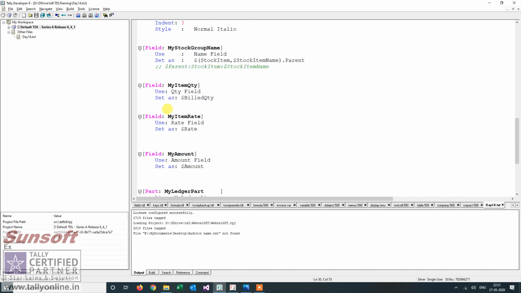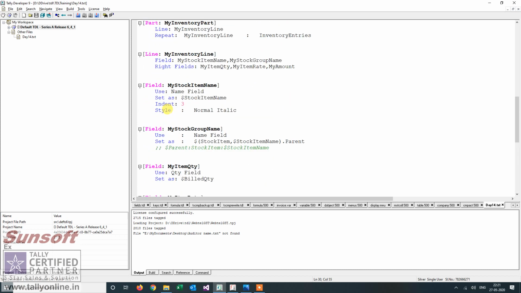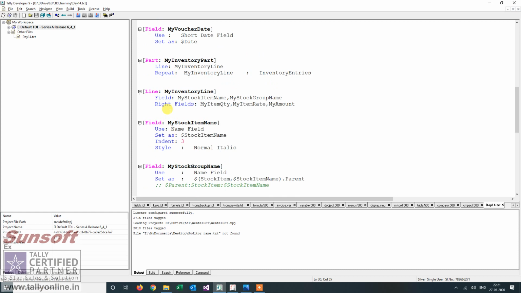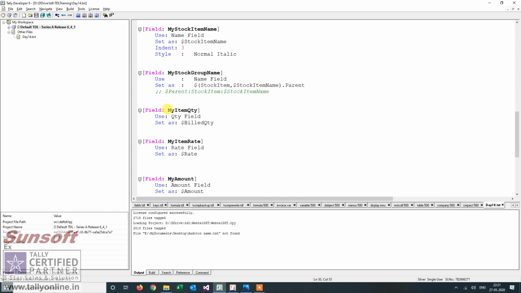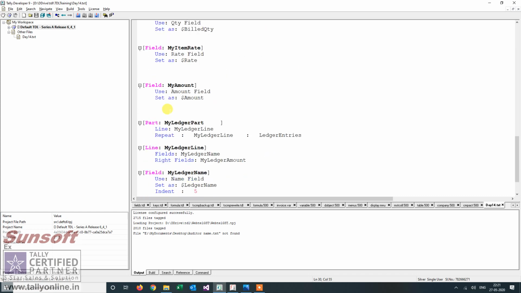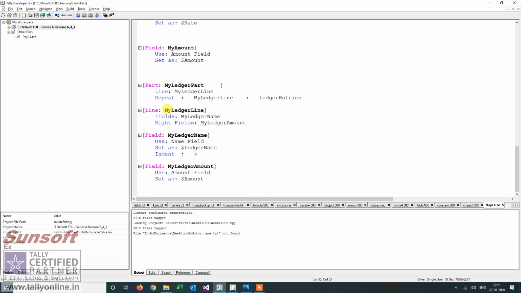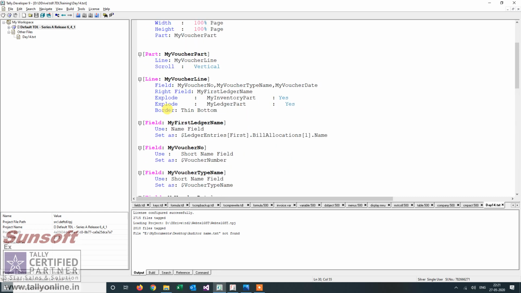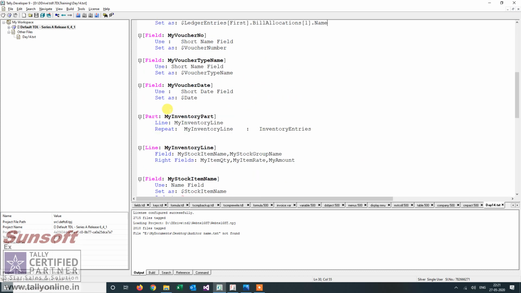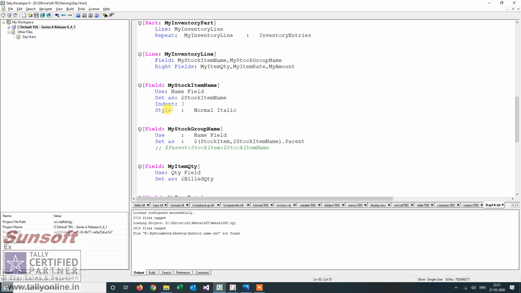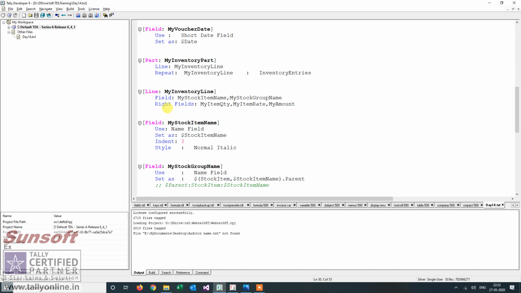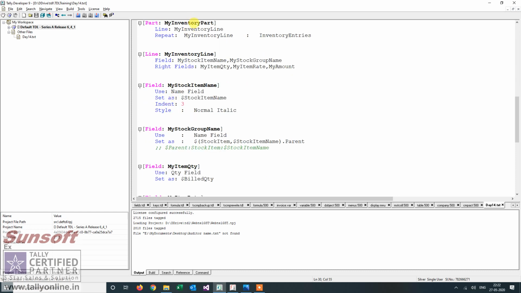Now in my inventory entries, I want to get the date of the voucher. Let us see how I can get it. This is my voucher line, my stock item line, I suppose. So stock item name is there, stock group name is there. So this is my inventory line. Here I say my VCH date.